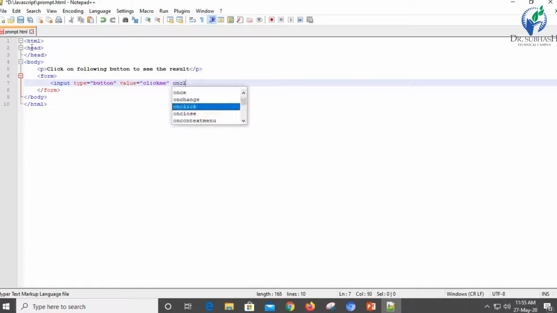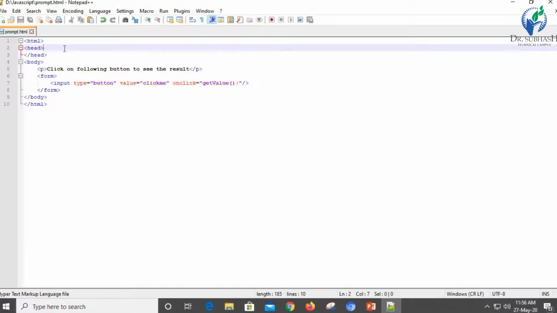Now on click event of this button I'm going to create one function. I'm going to write code that will create a pop-up box, that is prompt pop-up box. So I'm going to create one function, say getValue.